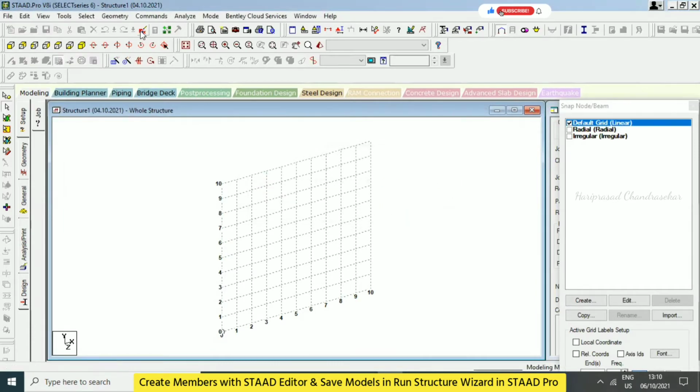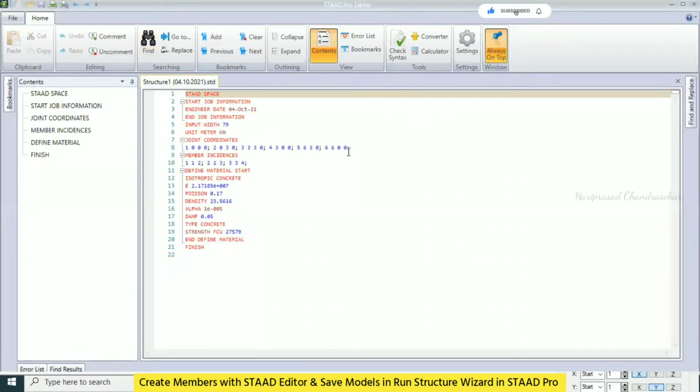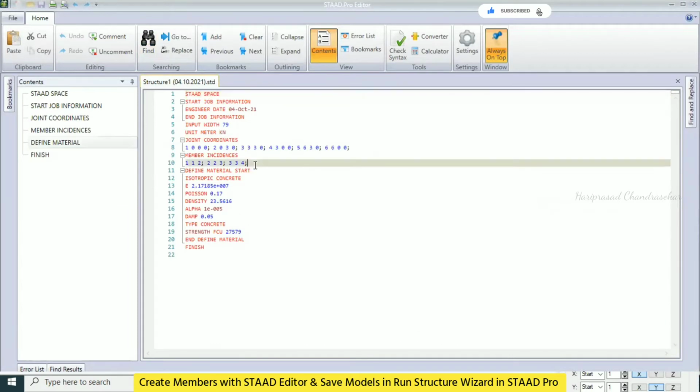Again, I'm going to Start Editor, but this is a very traditional method. It takes more time. Before, when they launched STAAD.Pro for the very first time in the 1990s, they were using this kind of thing. It was very difficult in those days. Now everything is easy. Before, the Start Editor window itself looked so strange. Now it is a very user friendly window.